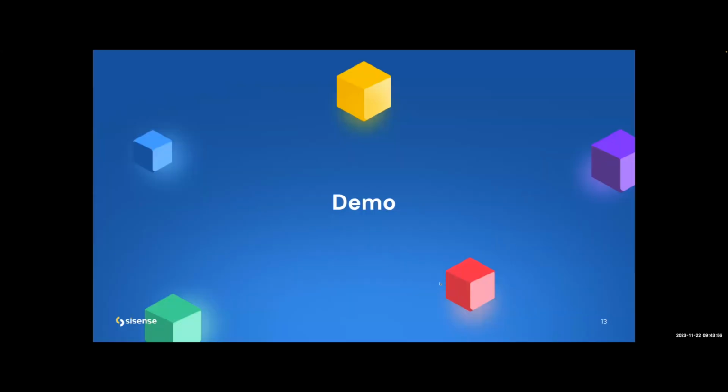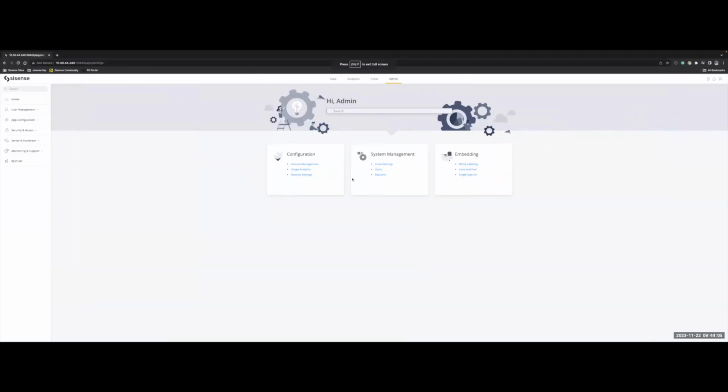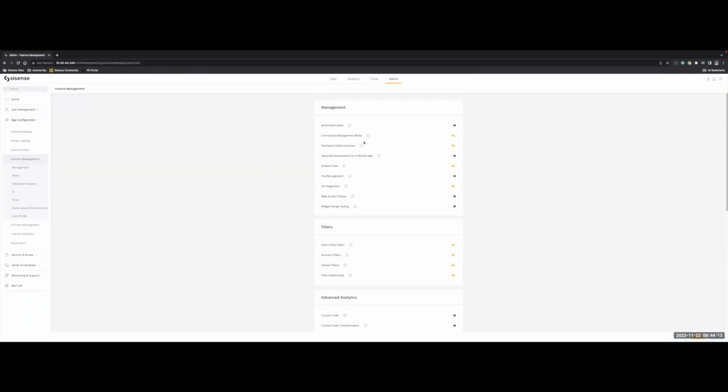Cool. Let's quickly jump into a demo, and I will try and show you things from scratch and how it looks and so on and so forth. Okay, cool. So this is essentially our configuration manager. This is essentially our admin screen, right? And as you can see in the admin screen, if I go to my feature management,